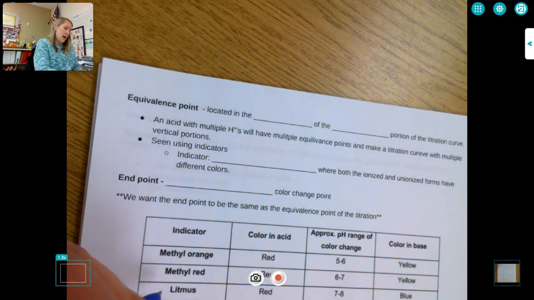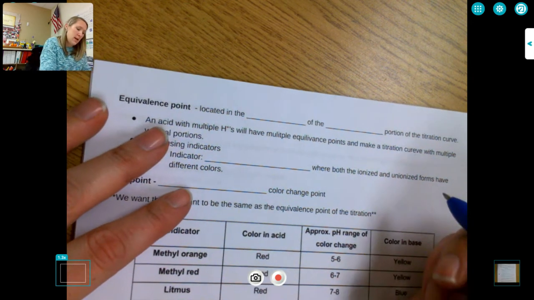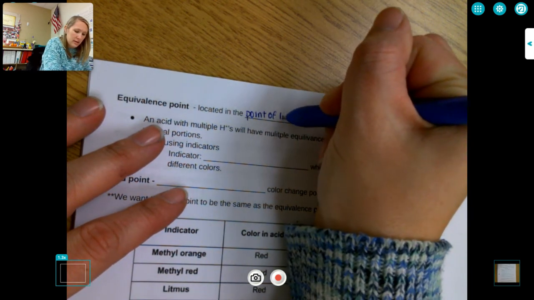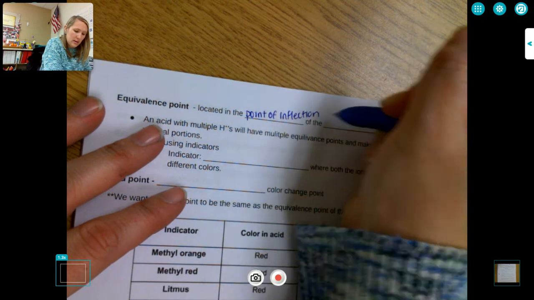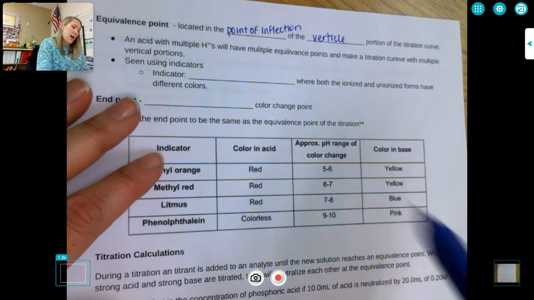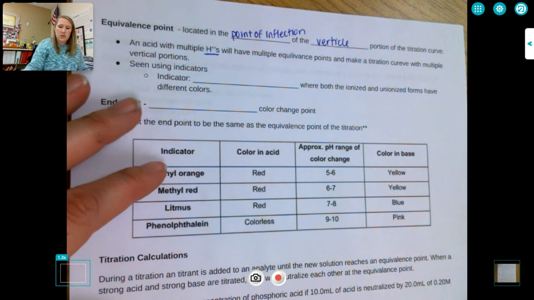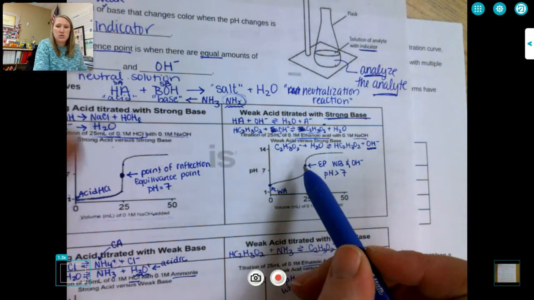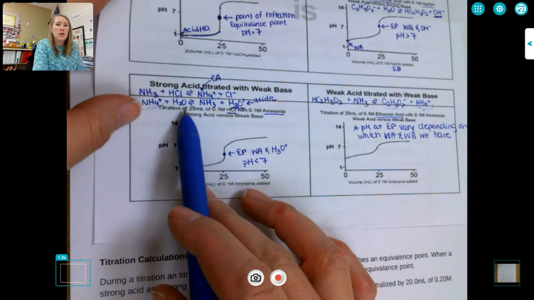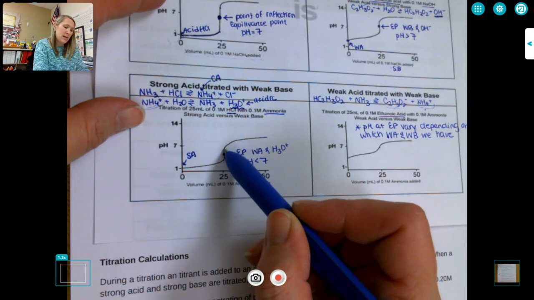The other thing that we can look at more closely is this equivalence point. So we just said that it's located in the point of inflection of the vertical portion of the titration curve. Important to note that if I have a polyprotic acid with multiple hydrogens, maybe a better example would be like this one, if I used sulfuric acid instead of hydrochloric acid, I would have one of these straight lines for every hydrogen